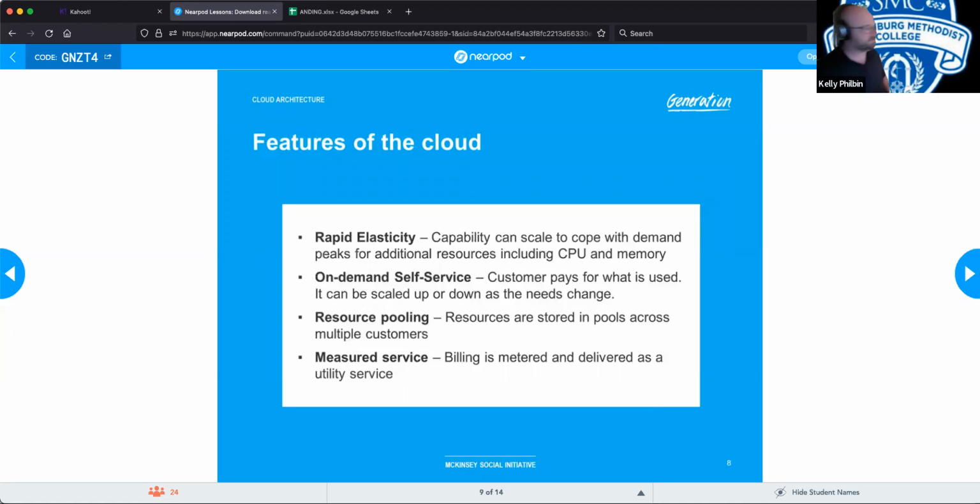All right. Features of the cloud itself, things that we would identify specifically with third-party public cloud providers. One is rapid elasticity. This is the capability to scale to cope with demand as it peaks or wanes. This also includes your CPU and memory in those cloud devices. So if